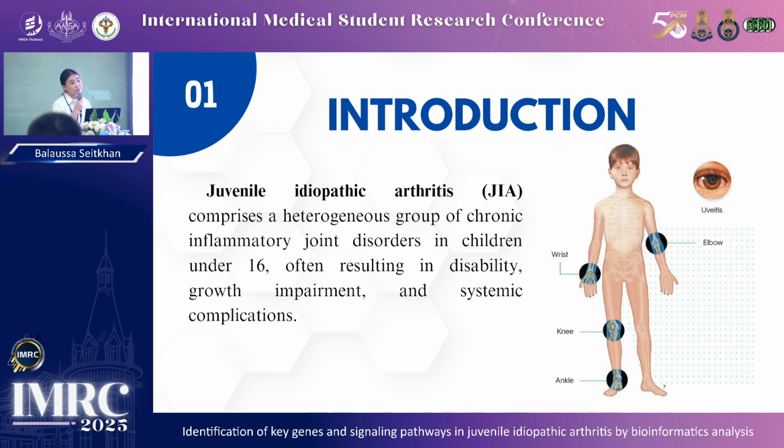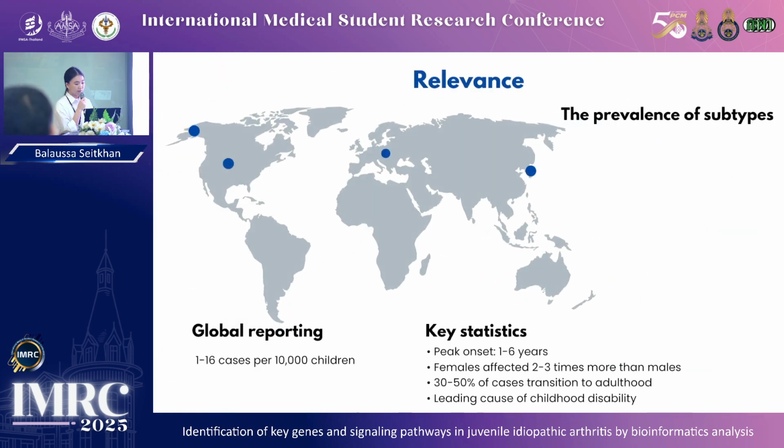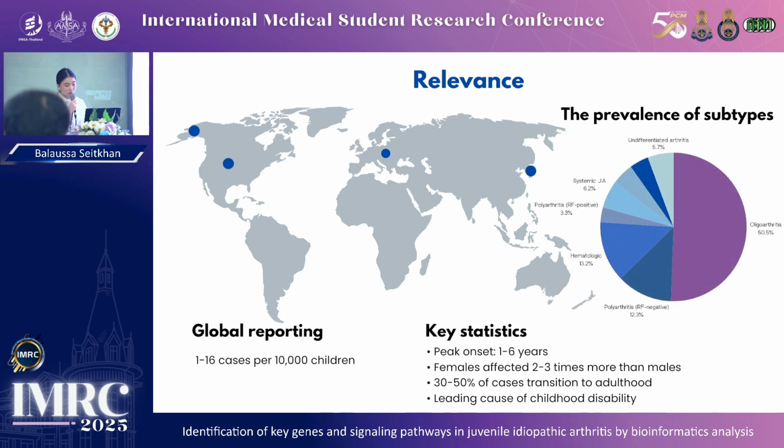For your special attention, juvenile idiopathic arthritis is a leading cause of childhood disability, and 40% of patients do not respond to first-line therapy, and so they lose their time to good treatment, and we need personalized therapy